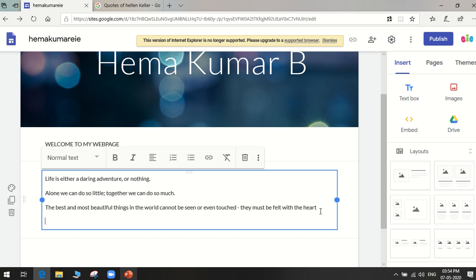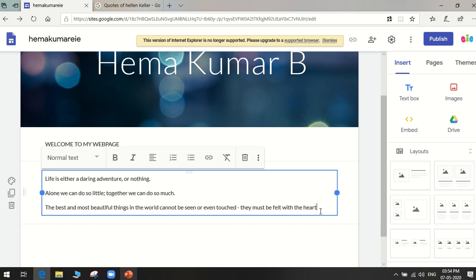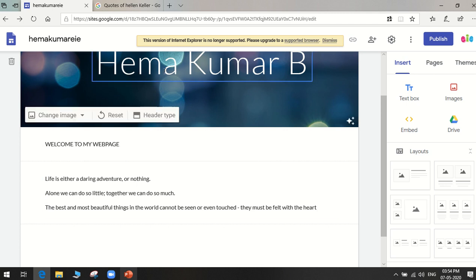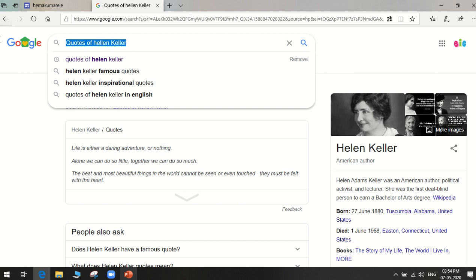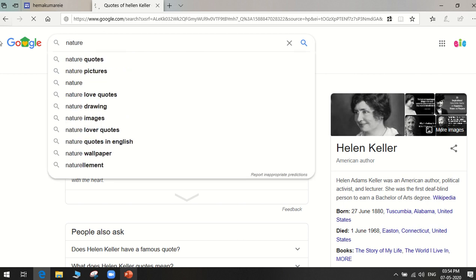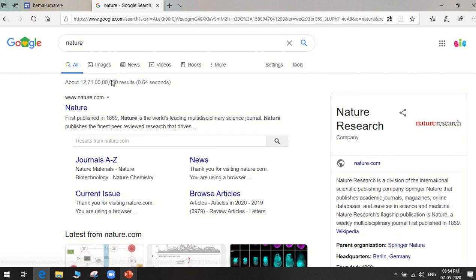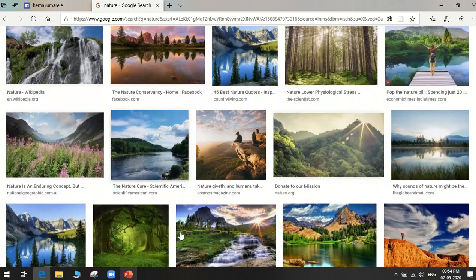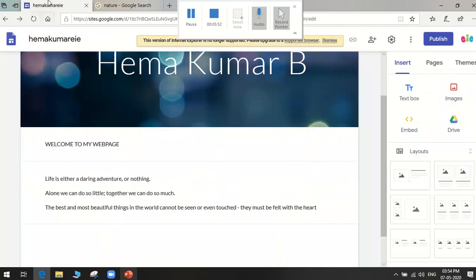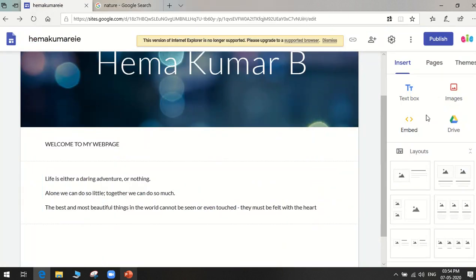Just using some quotes. Suppose you want to add some images, I'll just take nature. I'll collect some images just for the website, or I'll just add my own photograph.